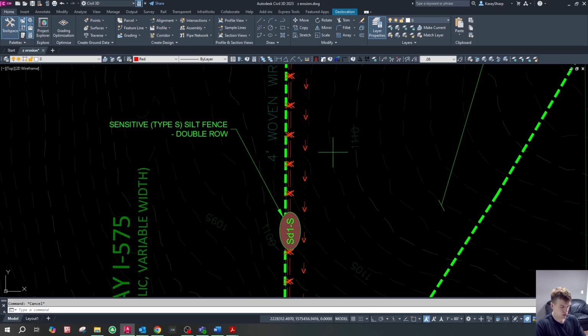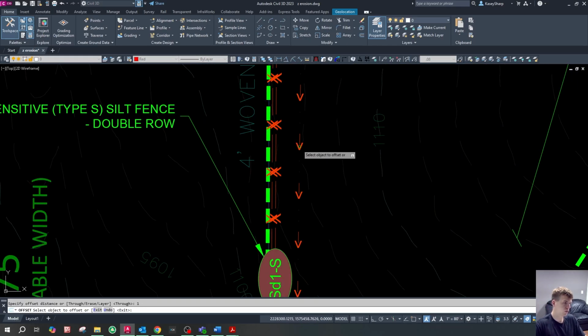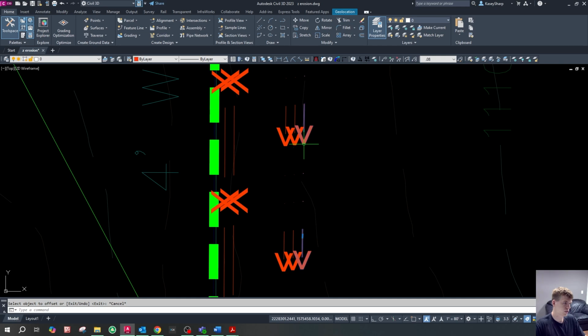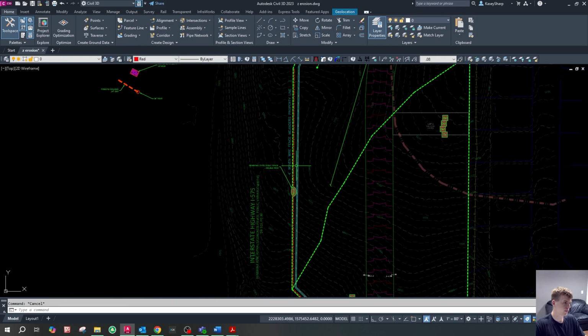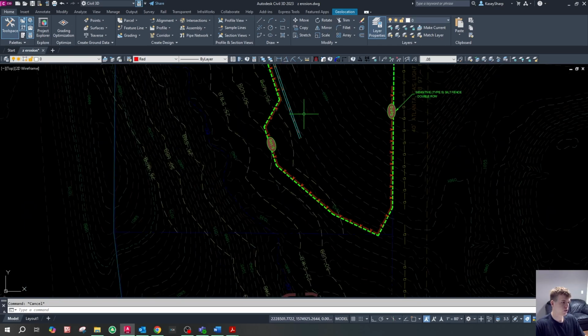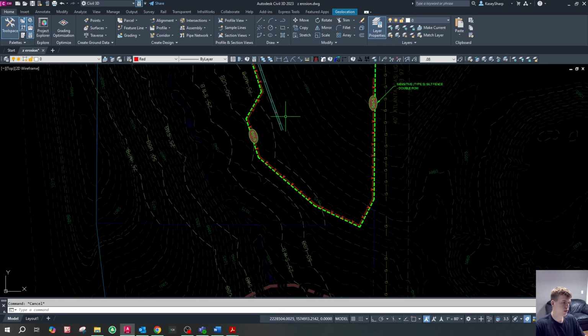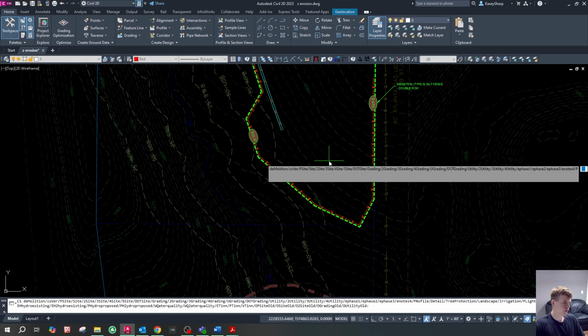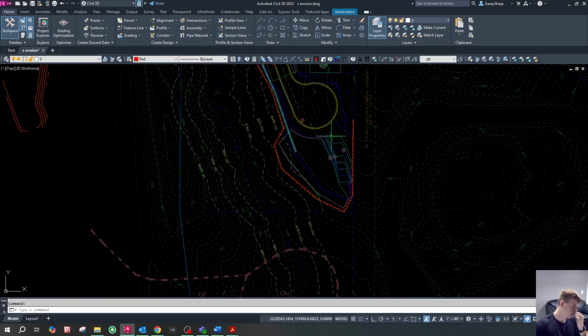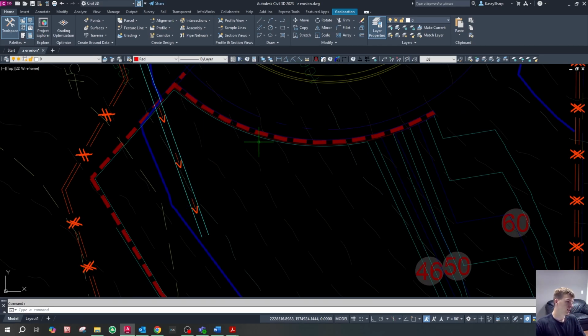I'm going to go ahead and offset that guy 1 foot and 1 foot, just so it's a little easier to see. Make that continuous cyan. So there's our diversion ditch that's going to carry water into our temporary sediment basin that's going to be right here. And then the process for using the pond,